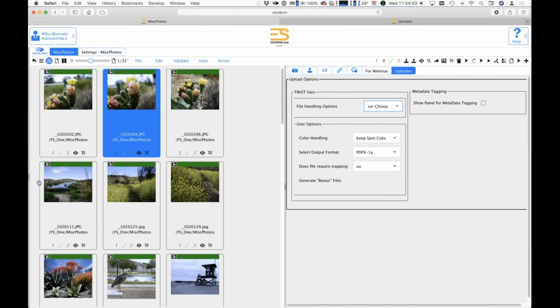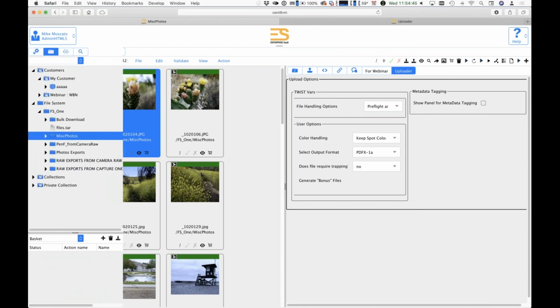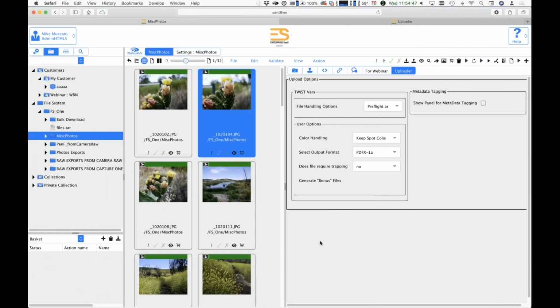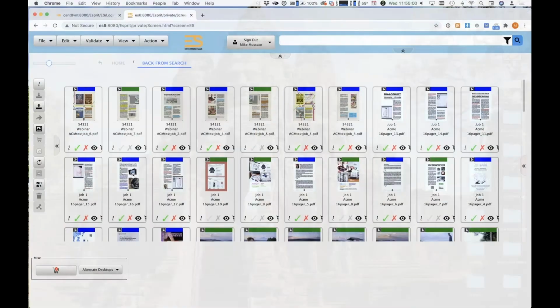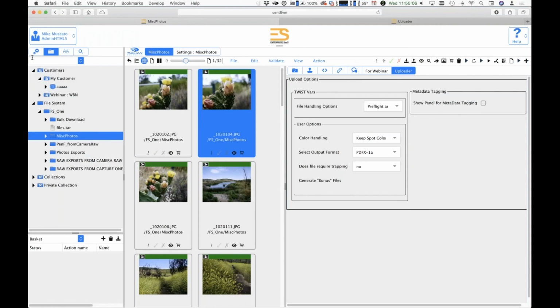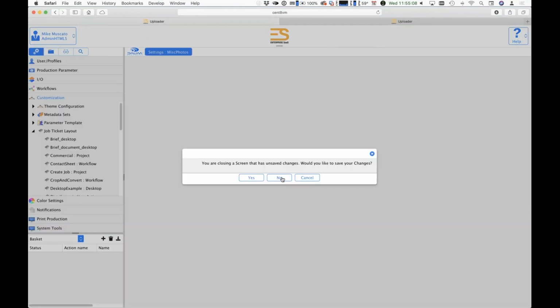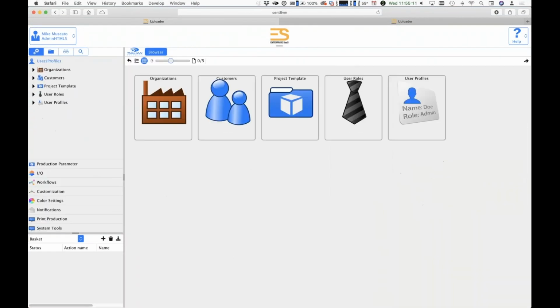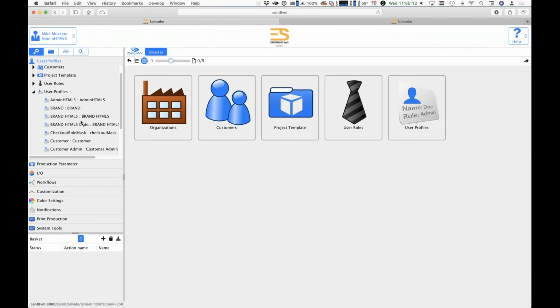Another question is, have you used the desktops with mobile devices? Let's see. I don't see why not. Because at the end of the day, when you access a desktop, the only reason I got here is because I logged in under a specific user profile. And that user profile, if you haven't done this before with desktops,